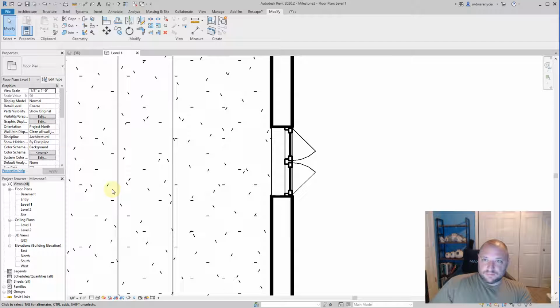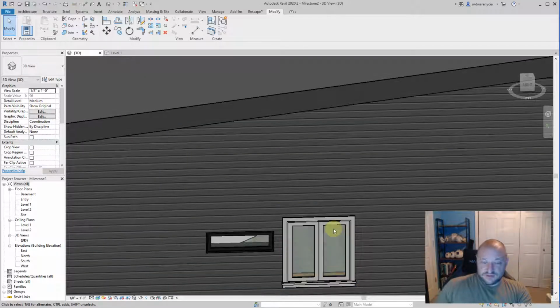So that's a little bit more extreme modifying of these windows. I just wanted to show you guys how to do that. So now we'll jump into the next one, which is going to be actually modeling in place. So I'll see you in the next